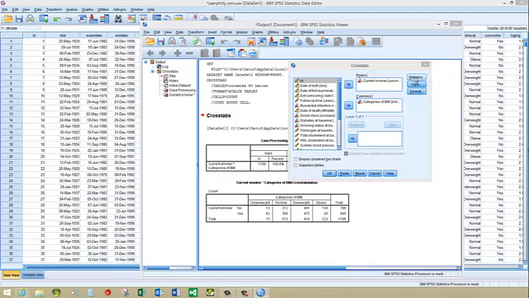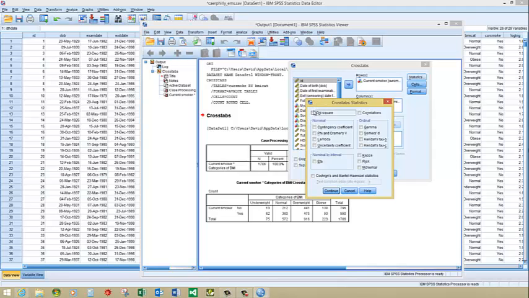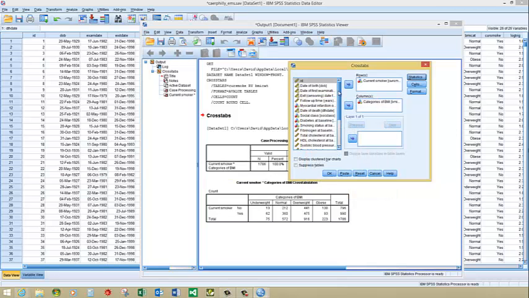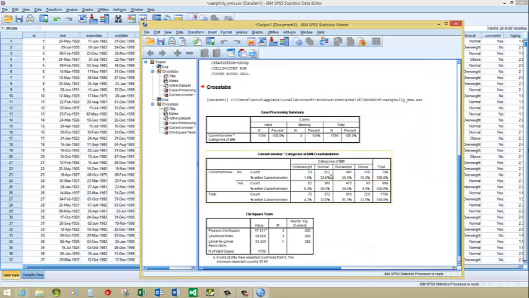And then let's also ask for statistics. And we'll ask for chi-square, even though we really don't know what it means yet, but that's later in the semester. So we're asking for statistics and some cell percentages. We click OK, and